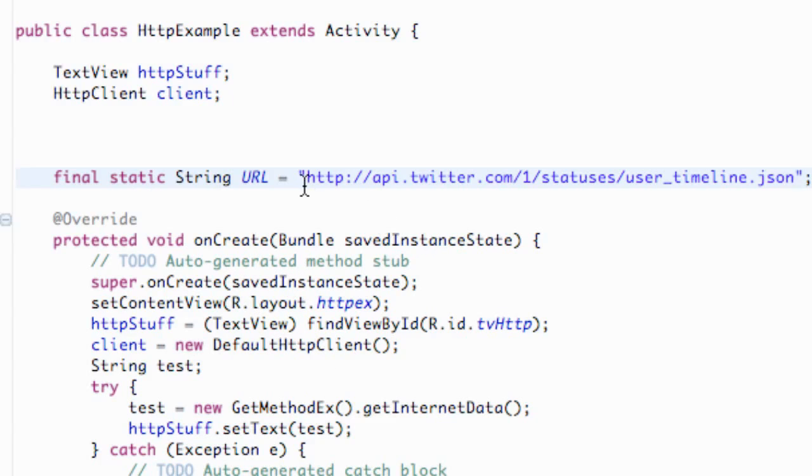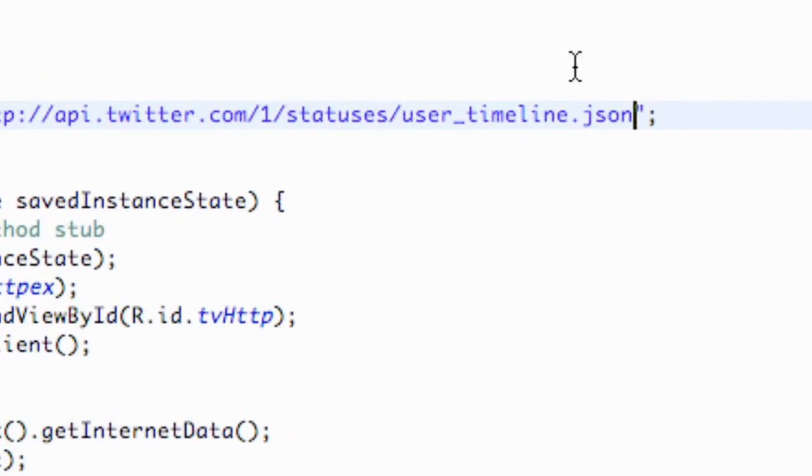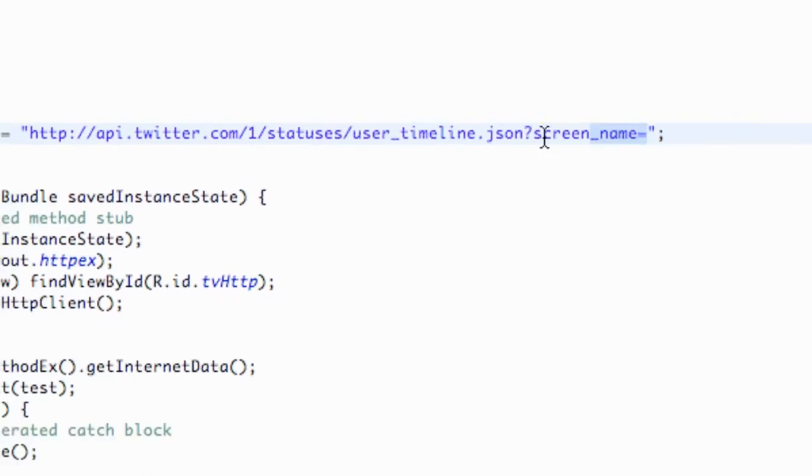The first thing that we're going to do is add to this URL, because before I just wanted to show you guys it was a JSON type URL. What we're going to add to it is a question mark, screen underscore name equals, and for example, we're going to just copy this